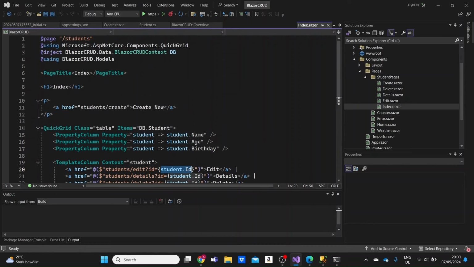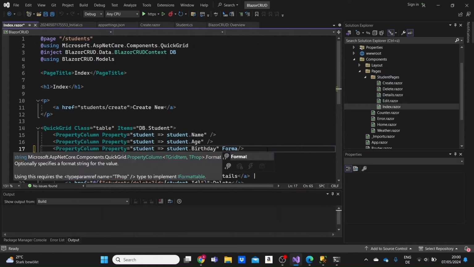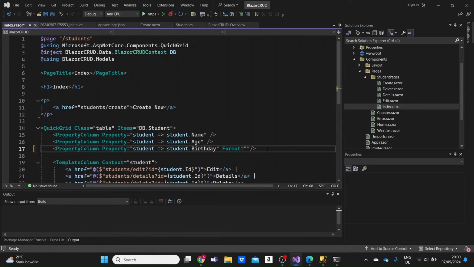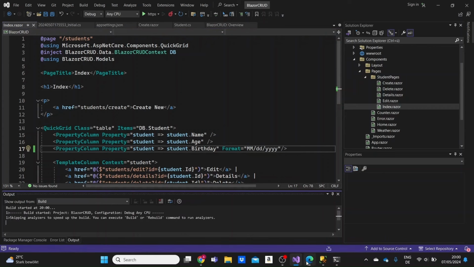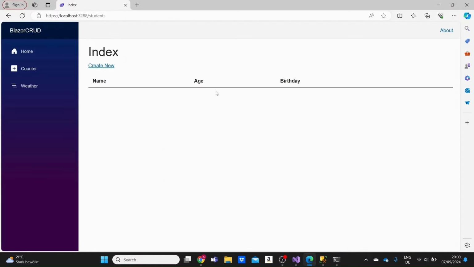And what we can do in this QuickGrid component is that, as we saw, the birthday was not formatted as we wanted it to be. We can add a Format attribute, and let's say we set it to month, day, and year. If I run the project, this should remove the time from the birthday, but